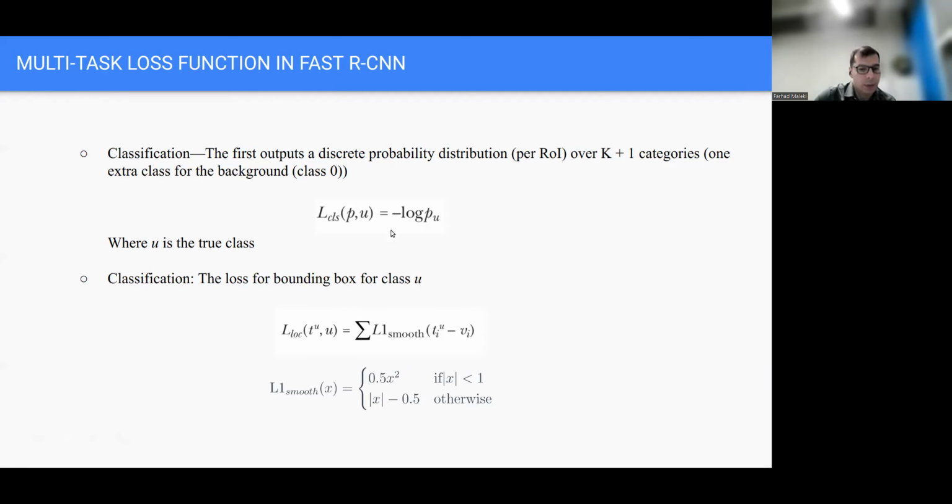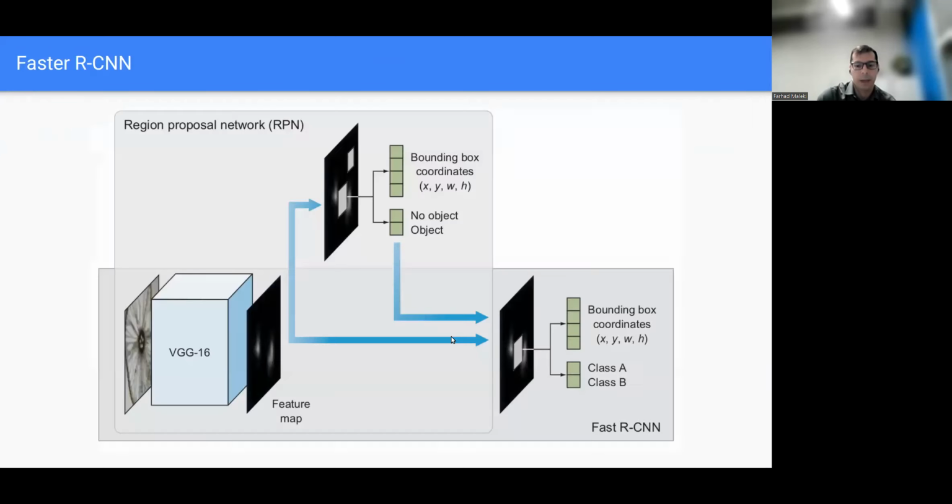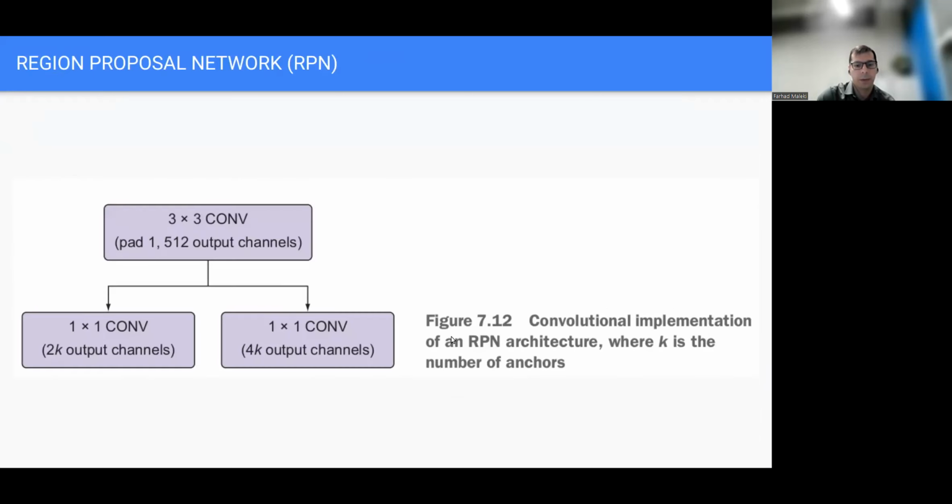I don't expect you to go deep into these loss functions, because that's not the purpose. The whole purpose is to provide you with the terminology so you can use object detection models in action and know the terminology.